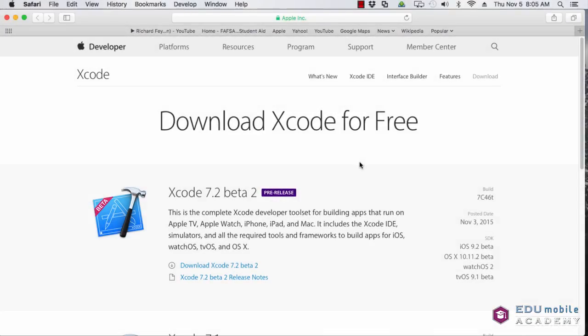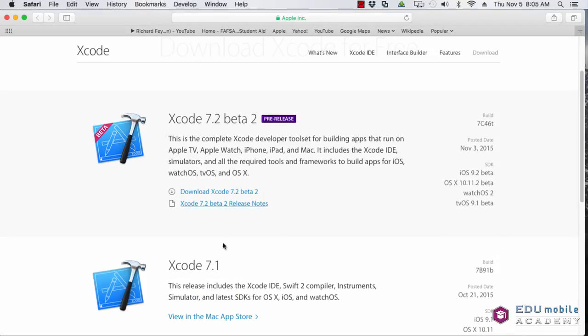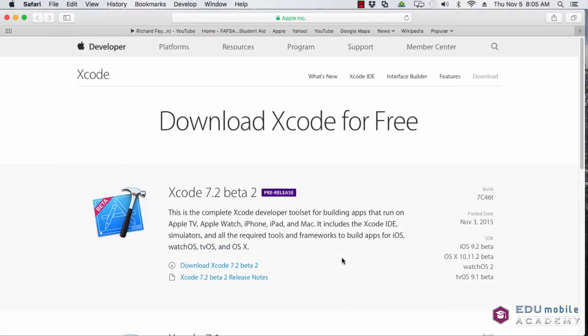The current version of Xcode is 7.1 as I record this, but 7.2 will be coming out of beta fairly soon, so it might be 7.2 by the time you see this video. Xcode is from Apple. You can get to this informational page by going to